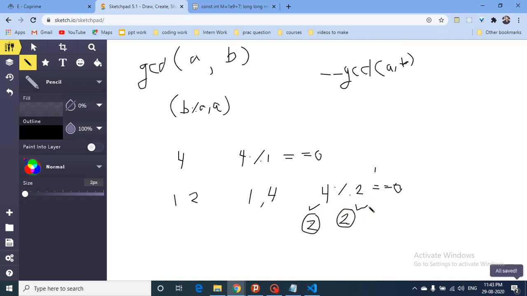If any factor is counted twice, this means that this will not form a pairwise co-prime. But both of these two are from this same number only. They are not part of different numbers. So you just have to update it only once. Those are the two logics you have to understand while finding out the factors of any number.